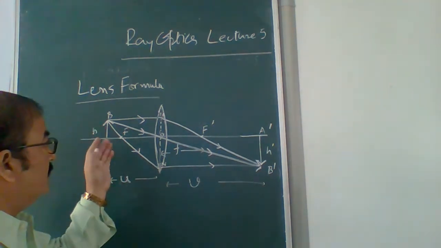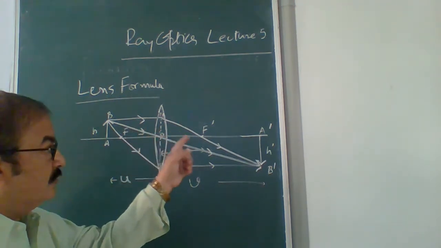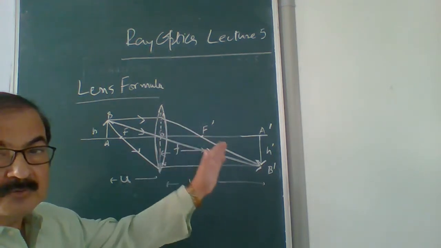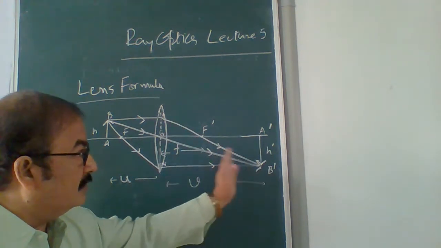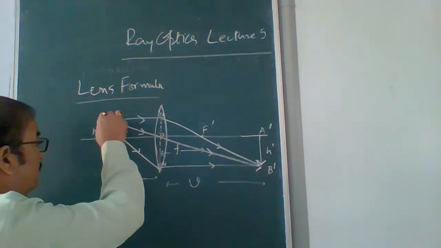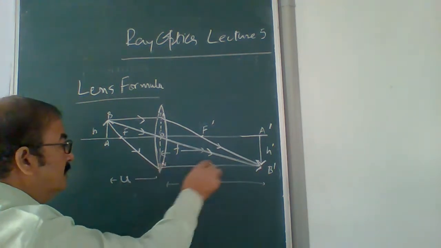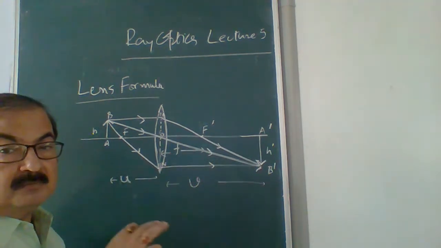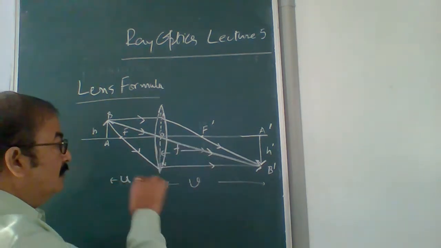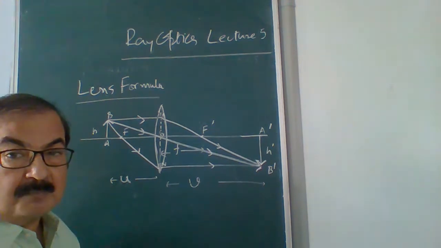Now, if we have the object AB taken on the left side of this, and then the ray of light first we take parallel to the principal axis. After refraction, that would converge at the focus, and we produce that line directly. Then we take another ray of light from the focus itself, and after refraction that would meet at infinity. That means that will not meet at the focus, but that will meet at infinity. So वो parallel हो जाता है, principal axis के parallel हो जाता है. That becomes parallel to the principal axis.